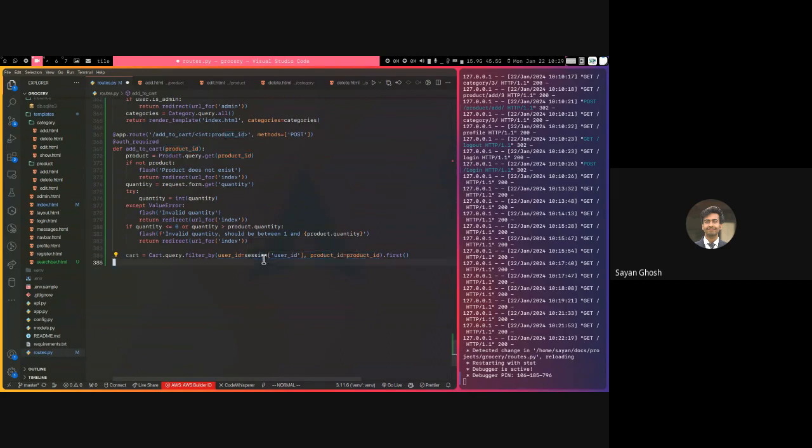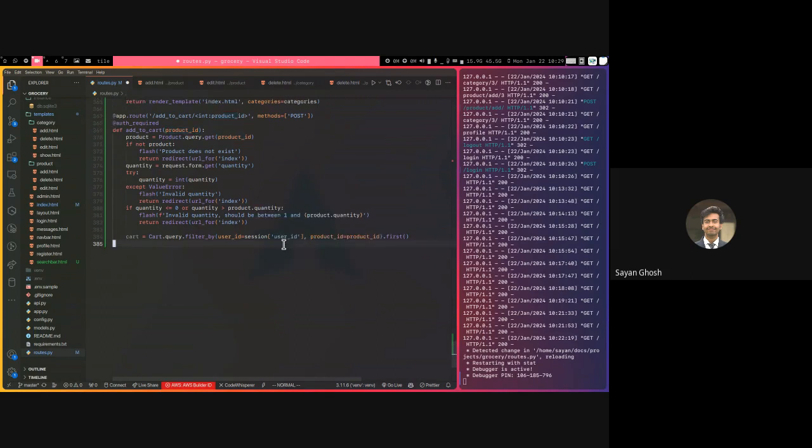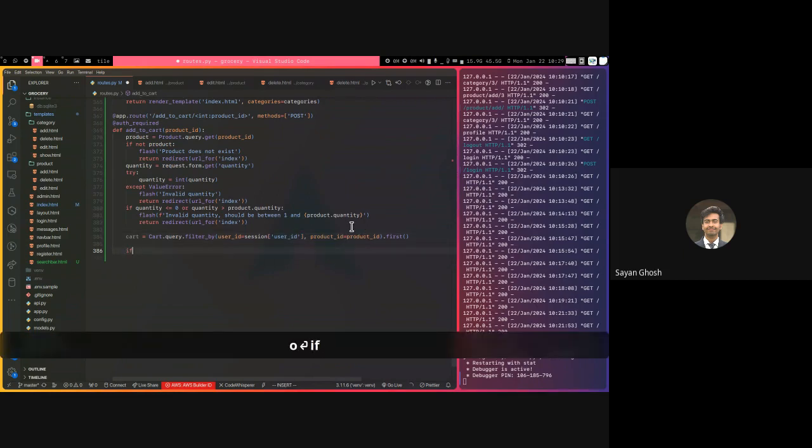We care if our user has added to his cart and if he has added this exact product to his cart. There should usually be only one instance of that, so we'll just take the first of that. So if the cart does exist, so if that row is there, then what we do is we simply increase the